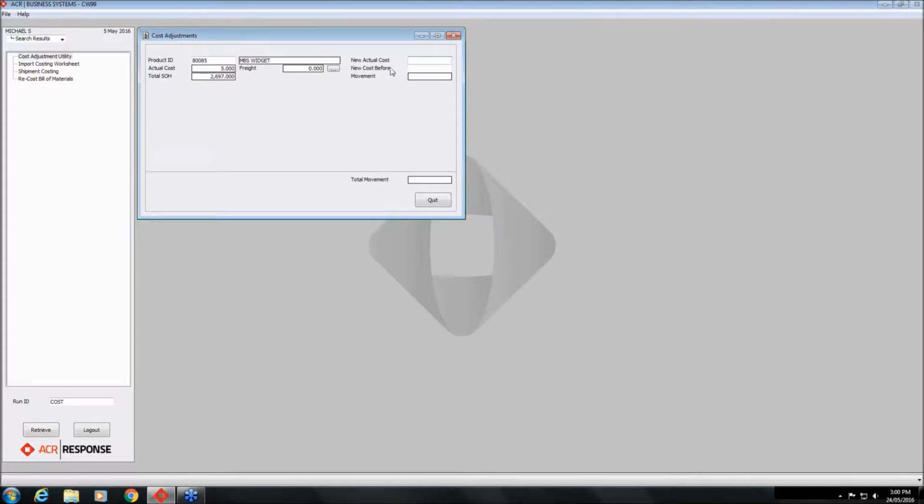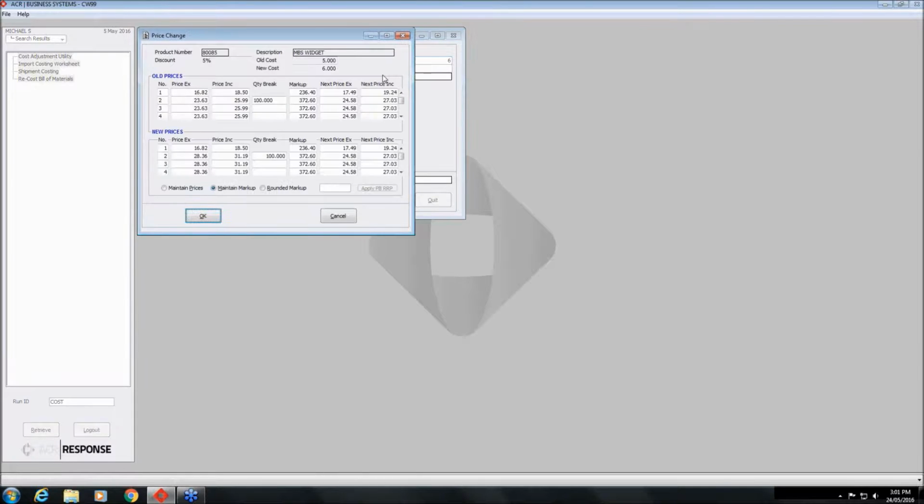The two fields we have up here are new actual cost and new cost before freight. The difference between the two is, well, if we've got zero freight, they both become the same. If we have a freight component in, new actual cost is the cost we want the product to have after that freight component. New cost before freight is entering a cost and adding the freight component on top to arrive at our new actual cost. So in this case, we can say our new cost is 6,